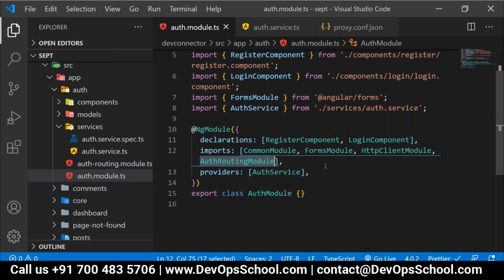It gives the same error again. Just a second.